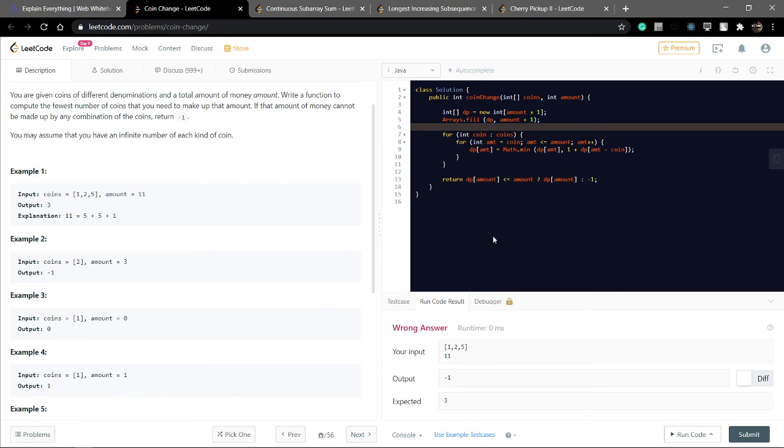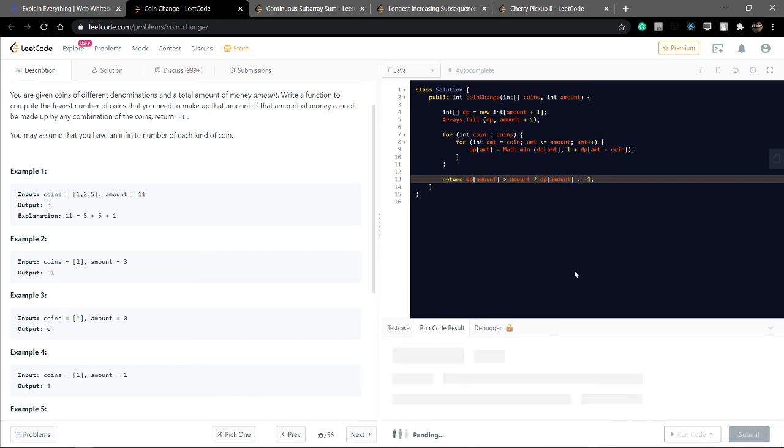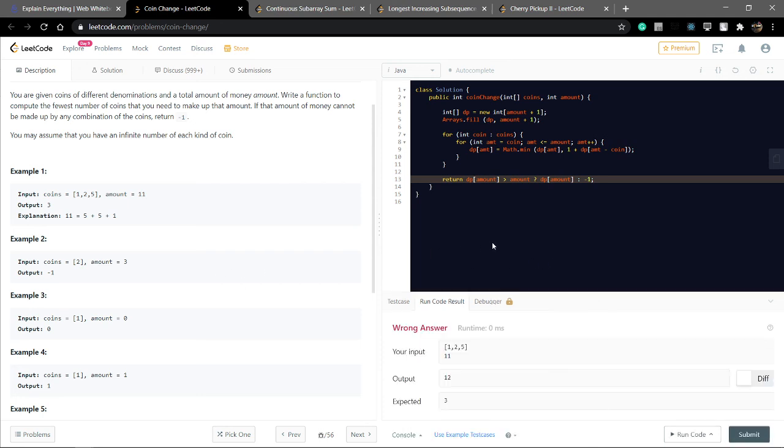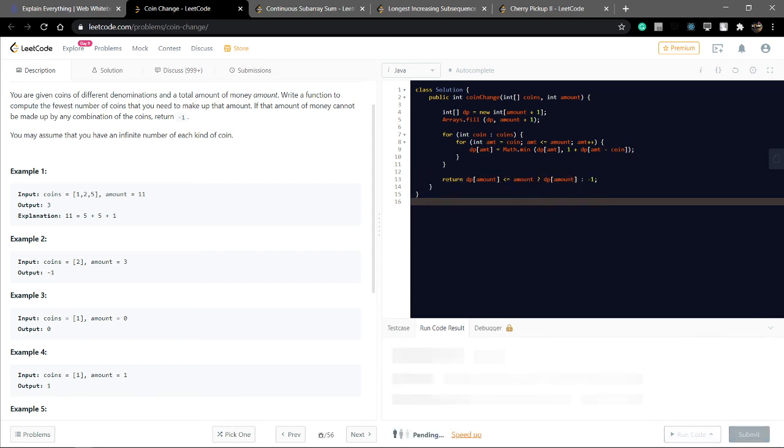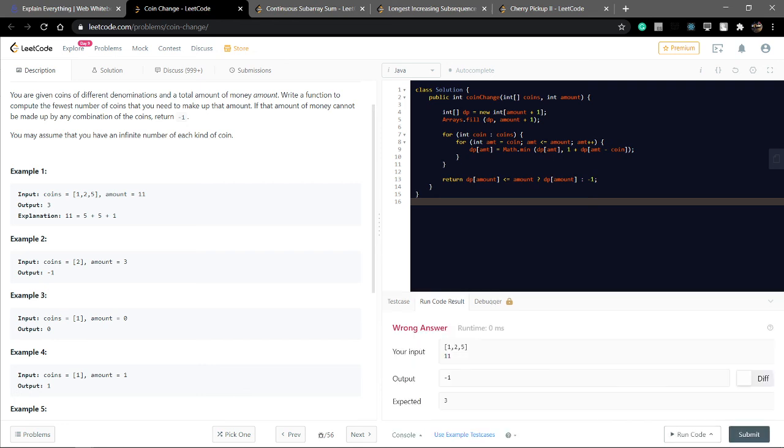Some mistake, analyze it. One by one coin, the dp is filled with the maximum to find the minimum number of coins required. We start each coin from the coin value to amount, because we take amount as the limit.